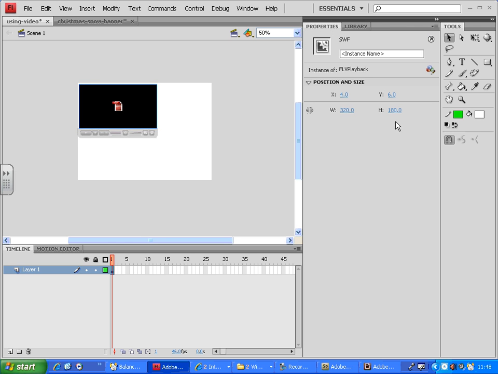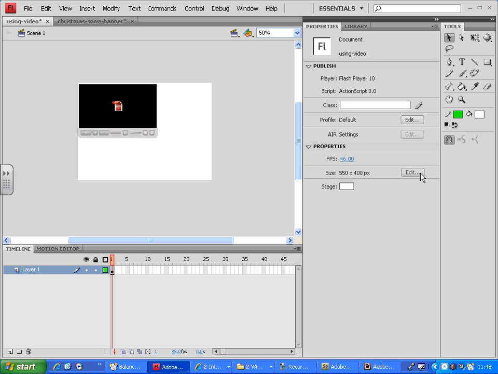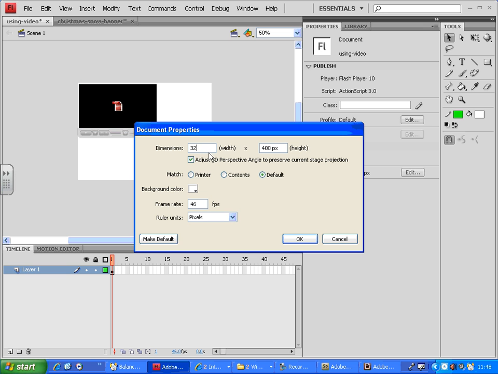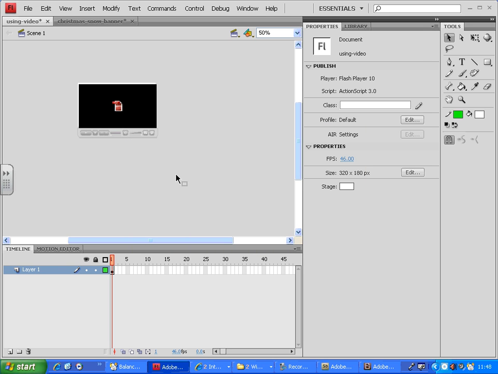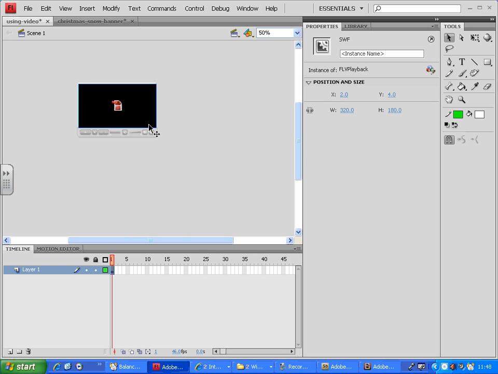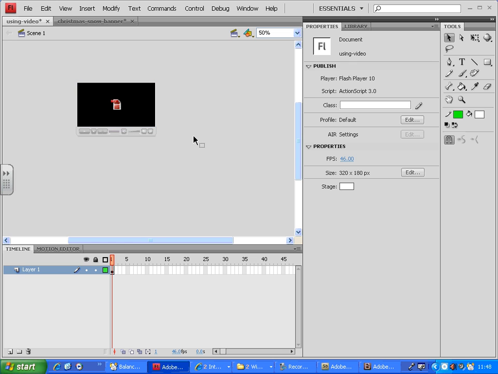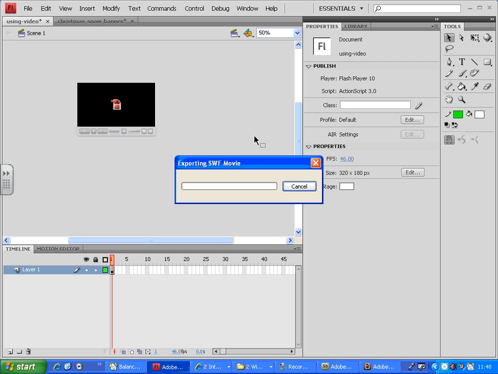In the properties it will tell you the dimension, which is 320 by 180. So I can actually change my stage to 320 by 180, and this I can fit into my stage. So when I test this file,